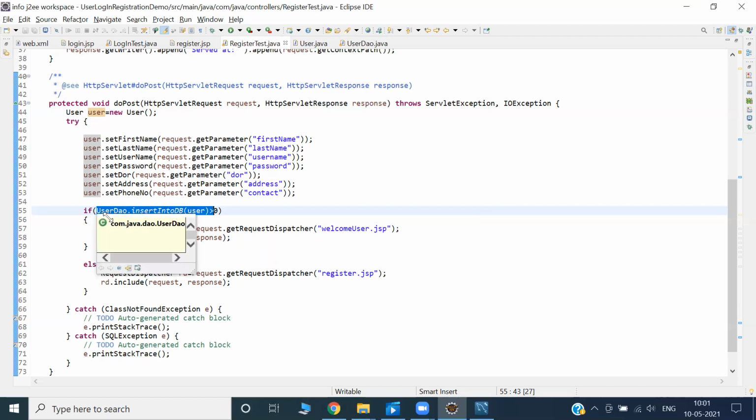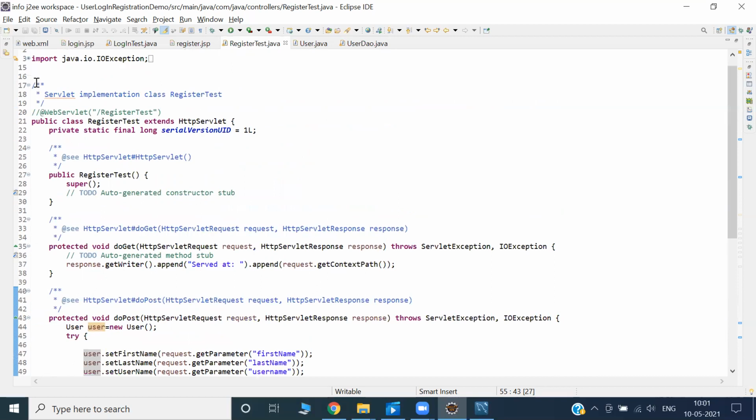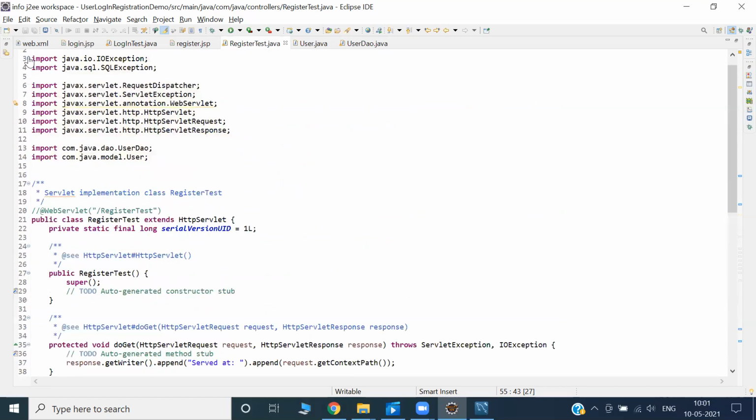Now you can ask me, sir, is this class in this package, in this locality, or in a different locality? Probably I have taken a different locality. If it is a different locality, shouldn't we import that class or package? Yes, you can see it should be there.